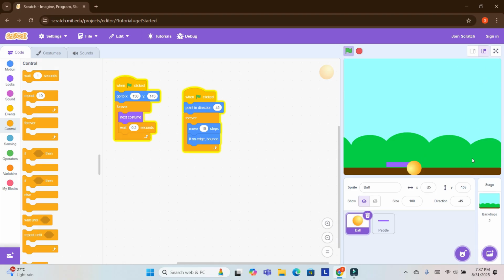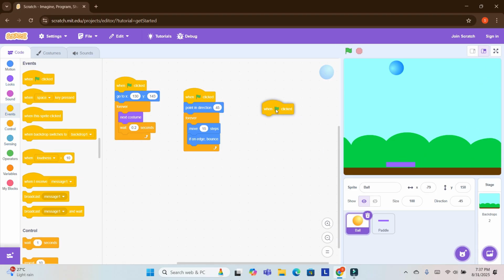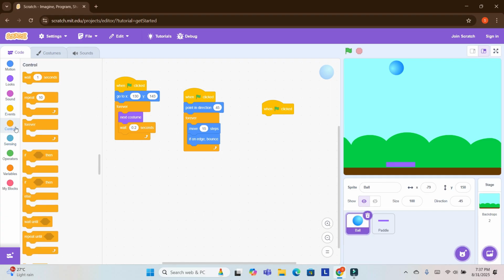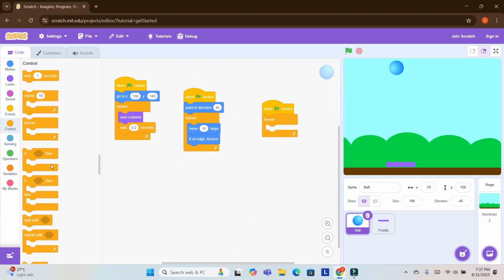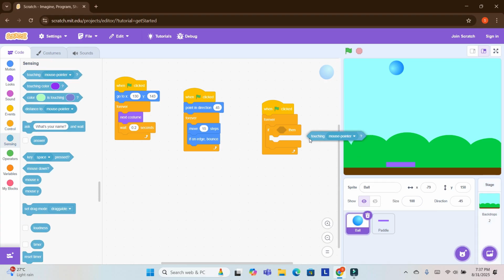You can see. Now I will again select when green flag clicked, forever, if then, touching paddle.